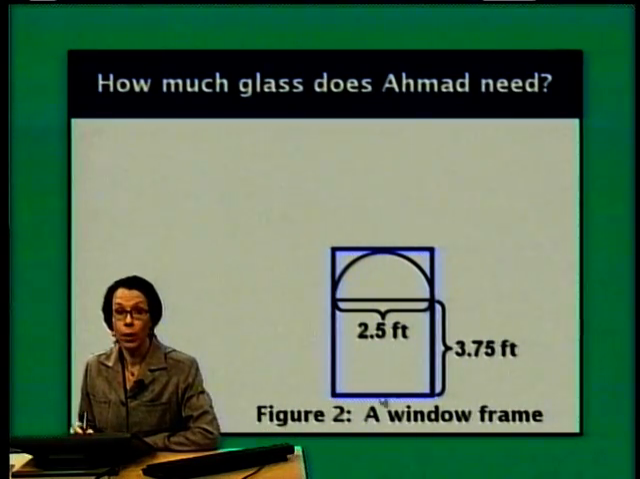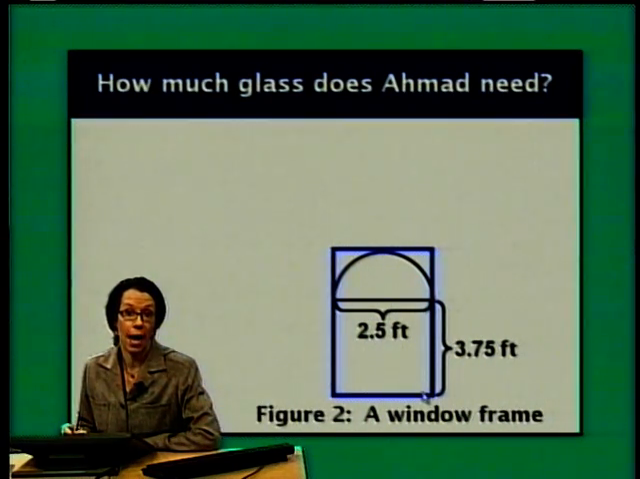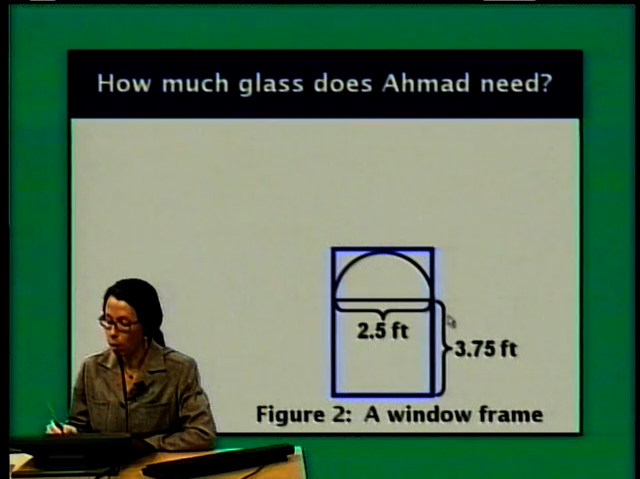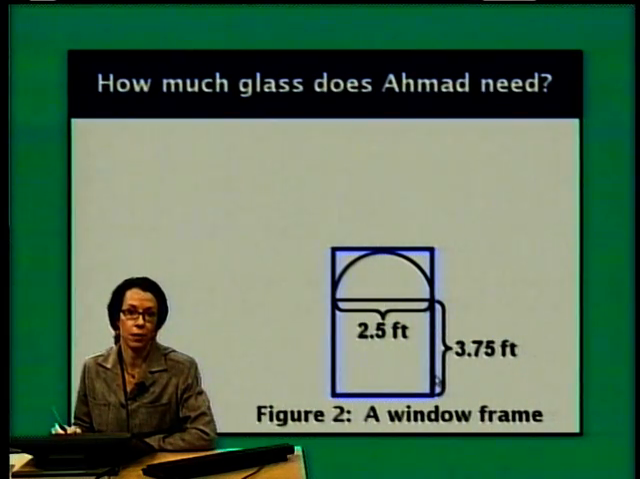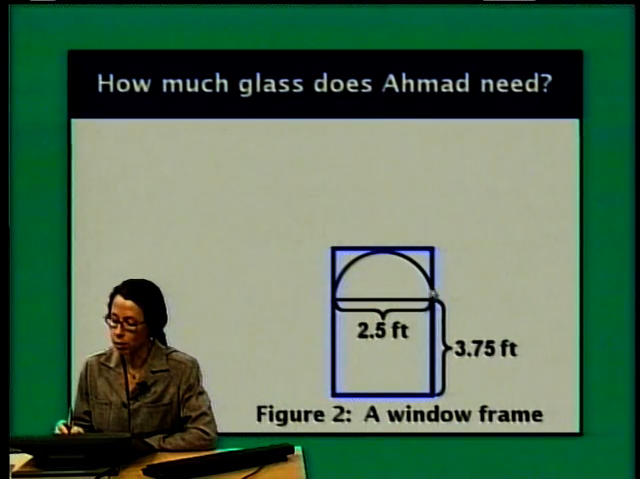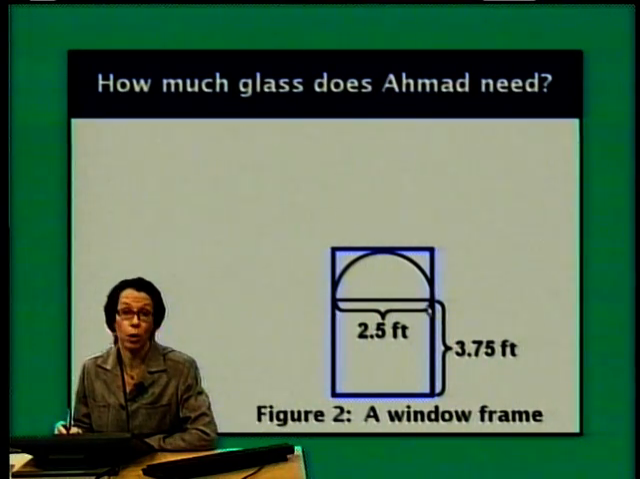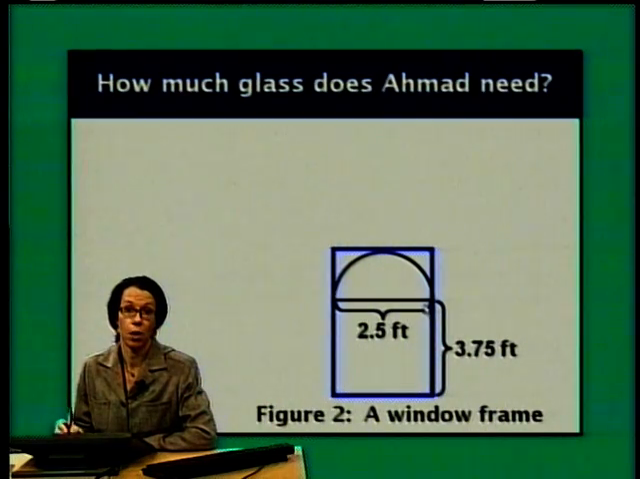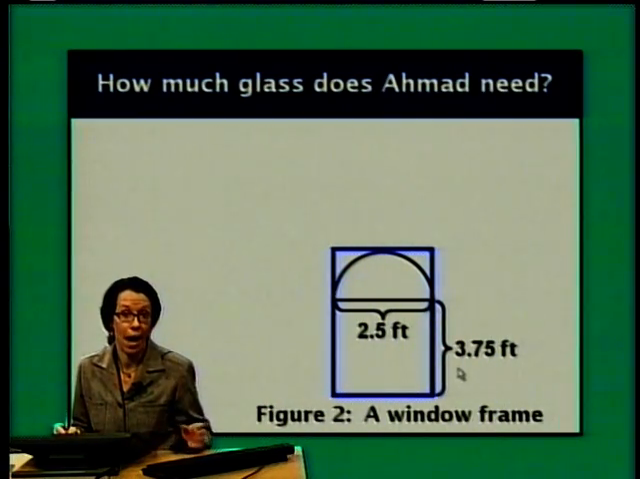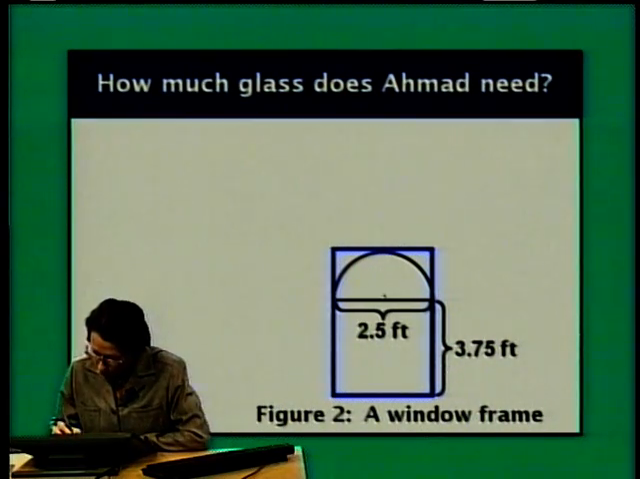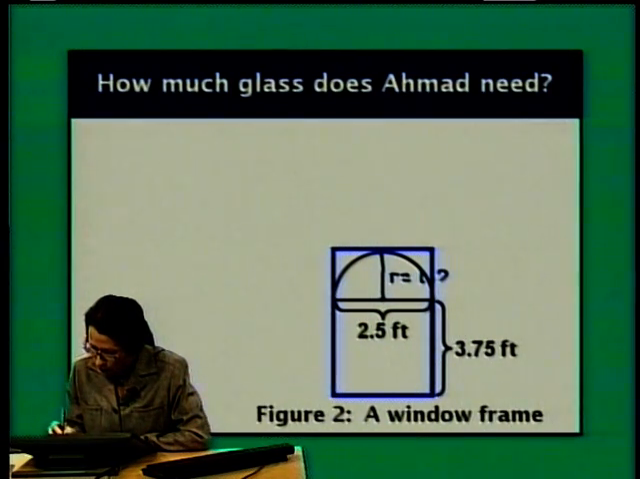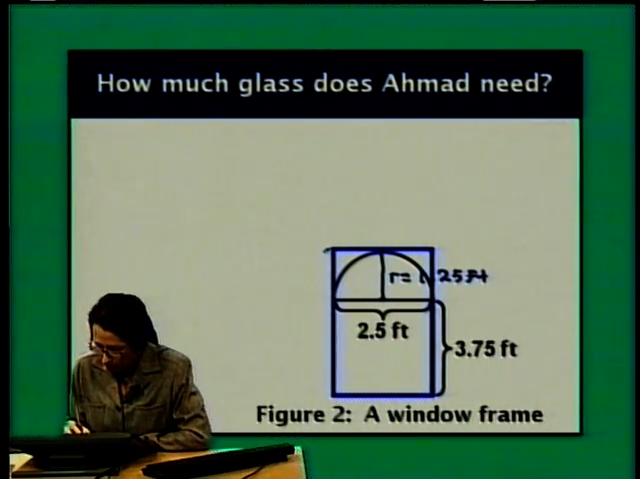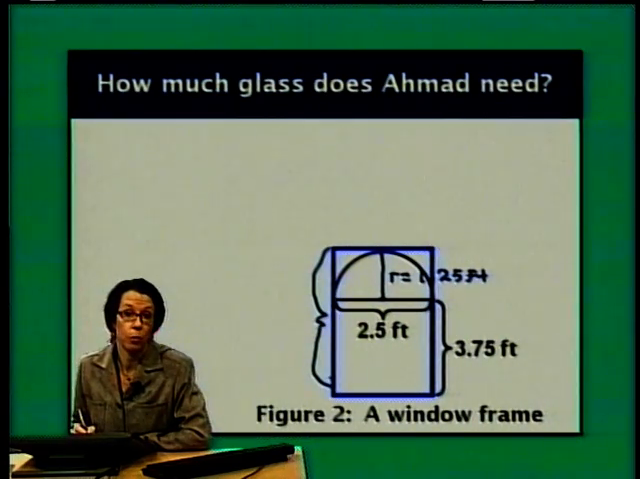We see that the width of this rectangular sheet of glass is 2.5 feet. But we only have part of the length measured in this figure. But the top part of the figure is a semicircle. We know the diameter of the semicircle is 2.5 feet, so we could calculate that the radius is half of that, or 1.25 feet. So I'm just going to draw that in here, that the radius is 1.25 feet. So when I add up those 2 measurements, the 3.75 and 1.25, this length of the rectangular piece of glass